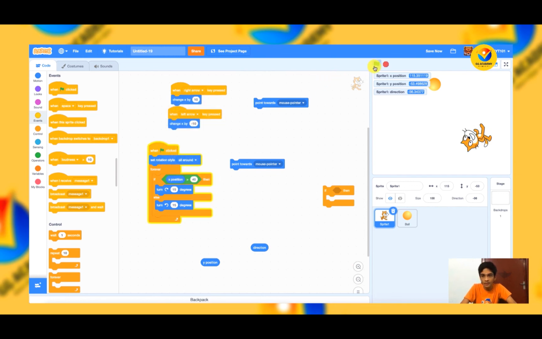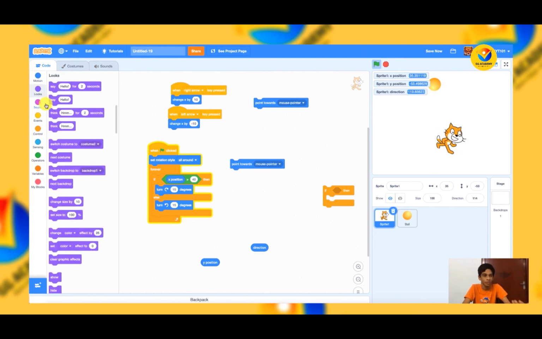So now when I click flag, as the expression is greater than 40, it turns clockwise 15 degrees. When I move that cat, now you can see it is turning anti-clockwise, because when it becomes less, it automatically turns in the anti-clockwise direction. I'm going to slowly move it above 40. Now next step, it will move towards clockwise, you see. Yes. Now if I bring it back, it is going towards anti-clockwise. Like this we can do a lot of projects, and the next upcoming videos will be about look blocks,